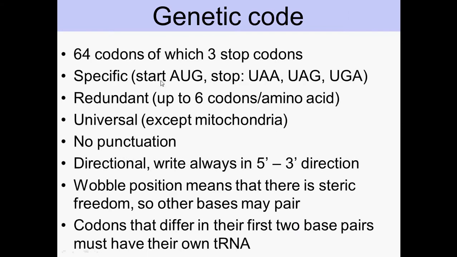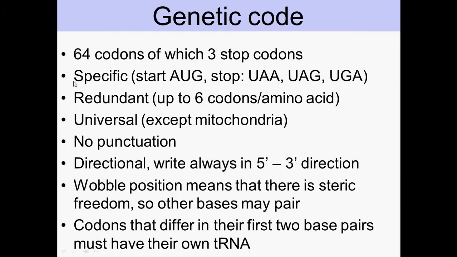And the genetic code has 64 codons. You get that by multiplying 4 times 4, 16, 16 times 4 is 64. Because you have 4 different nucleotides and you have 3 letters in the codon, that's why you do 4 times 4 times 4. And 61 code for amino acids, so there's some redundancy. Some amino acids can have up to 6 different codes,